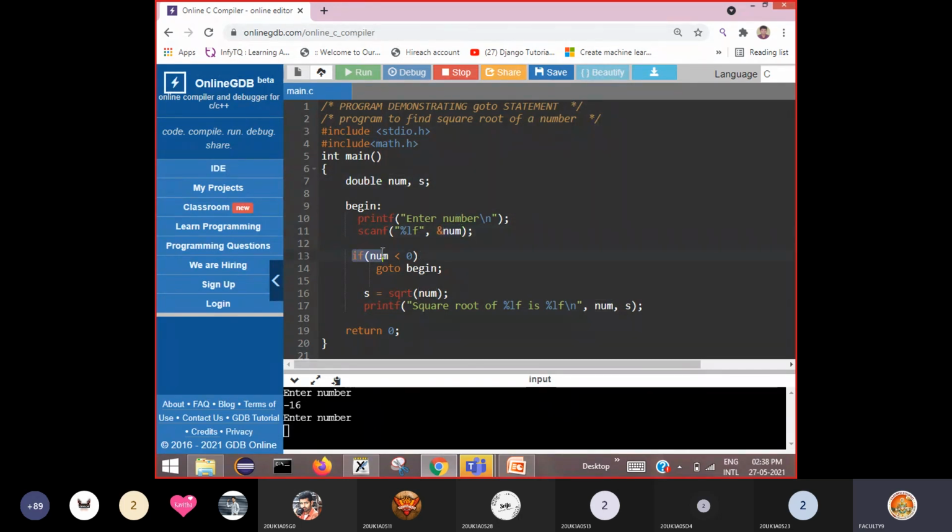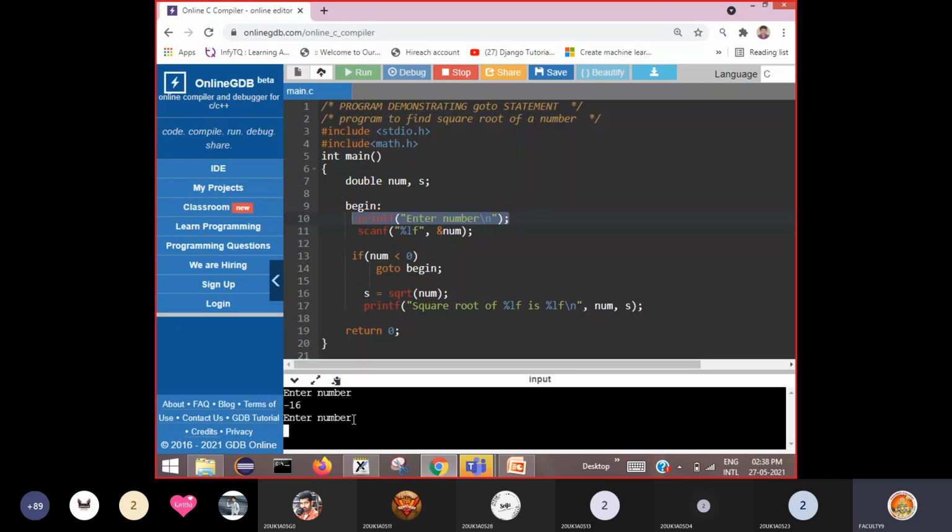Then it comes to the next statement. If num less than 0, yes, true, goto begin. So from here directly the control jumps back to this place, begin. Then automatically it goes to the next statement, the printf statement. Again it executes this printf statement. That's why you can see enter a number one more time.